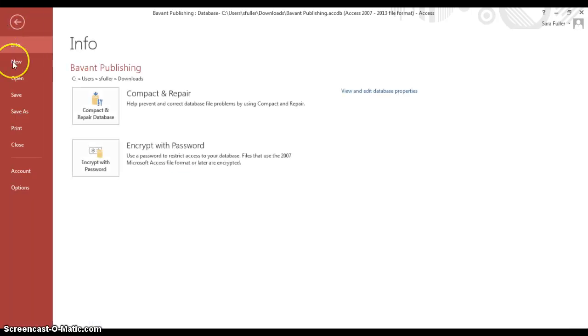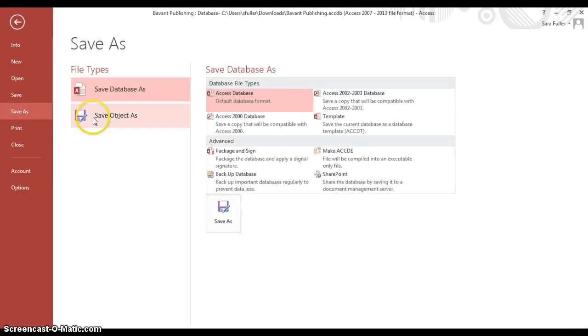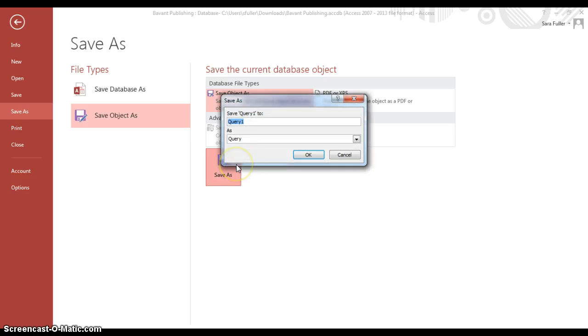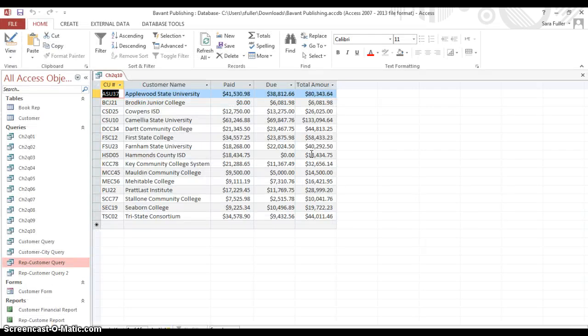And then we need to do a file, save as, save object as, save as, and call this ch2 q10. Close